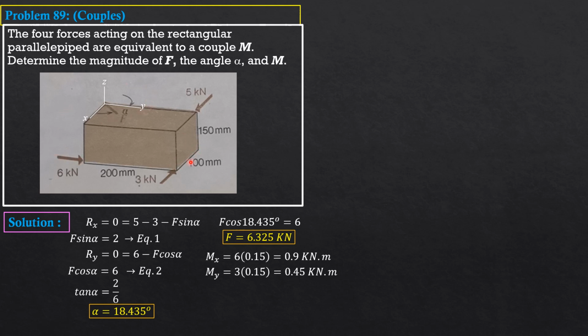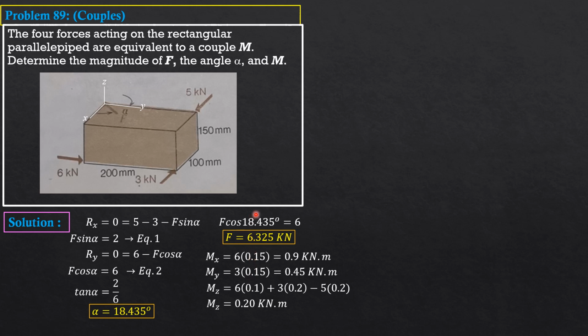Moment arm is 0.1. 3 is also positive, that sense. Moment arm is 0.2. While 5 is negative, it opposes. Moment arm is 0.2. So moment about the z-axis is 6 times 0.1 plus 3 times 0.2 minus 5 times 0.2. So Mz is equal to